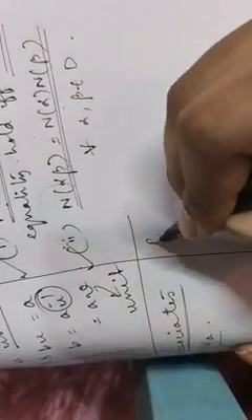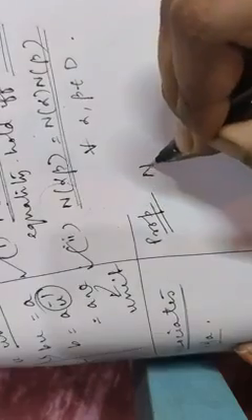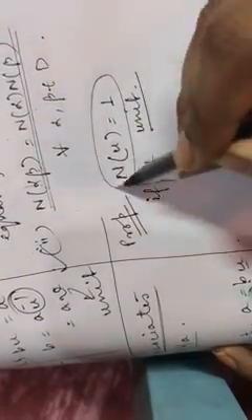That means the value of the product of two elements should be the product of their values, that is N of alpha beta equals N alpha into N beta. Now here is one property of that norm function: N of u would be equal to 1 if u is a unit. That means for every unit, N of u should be equal to 1. So whenever we get the value 1, we can claim from there that u must be a unit element. That's it. Okay, so this is the theory part.